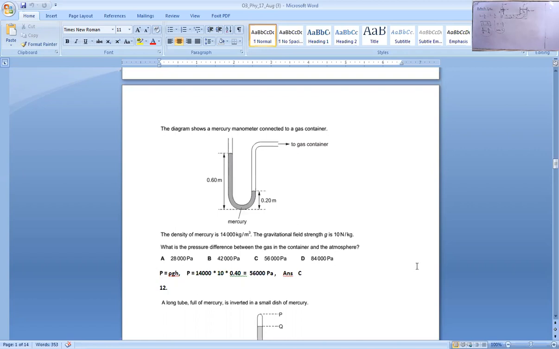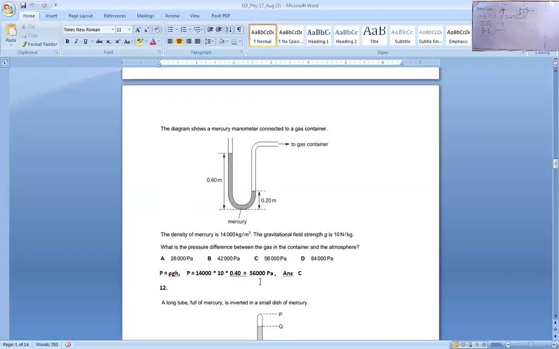We have to use again the pressure due to liquid. In this case, the liquid used is mercury whose density is given. The value of g is fixed, but the difference of the levels in the two columns, left and right, is 0.6 minus 0.2, that will be 0.4. The difference of the levels in the two columns we have to use as the height of the mercury. So rho g h, density into value of g into the height of the mercury, that is 0.4,